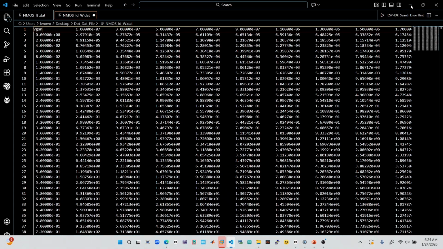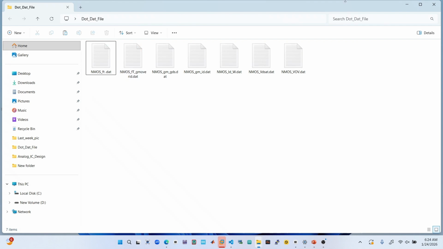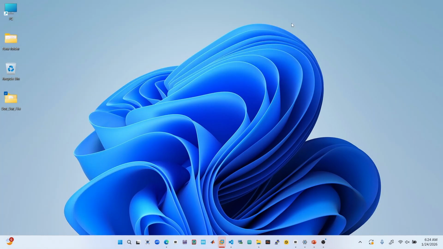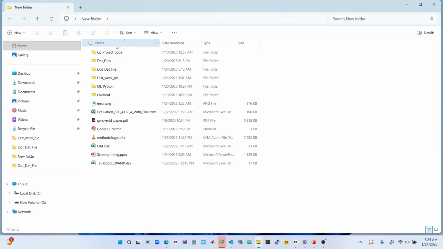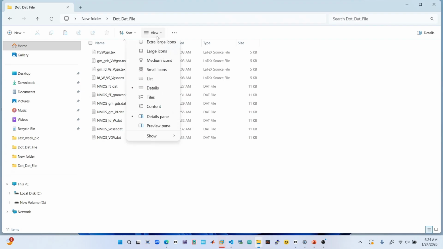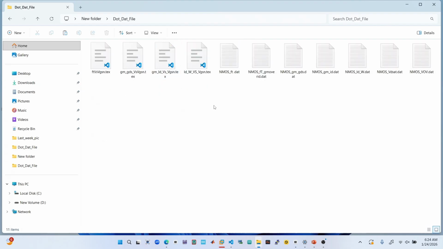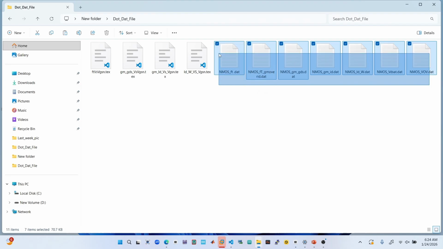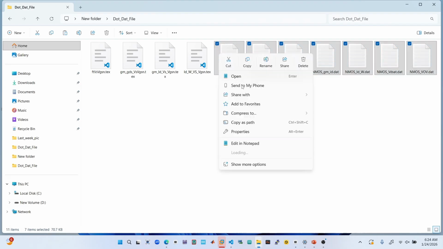So in a similar manner we will follow, and after that we get our .dat files. So I already have done some modification on those files. So let us select all the things, and then